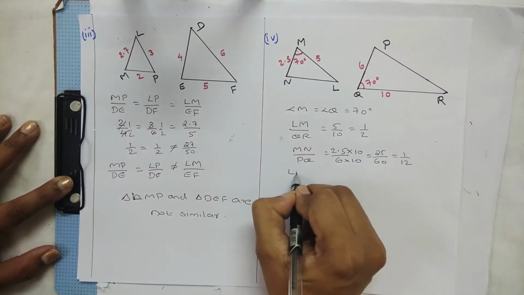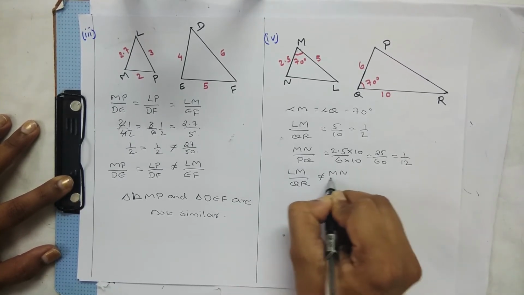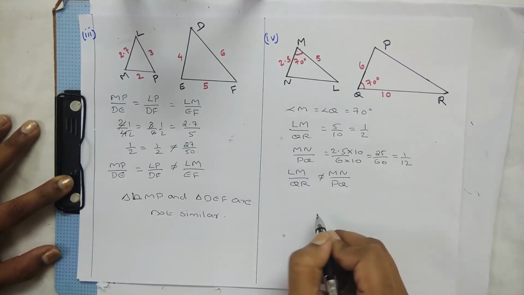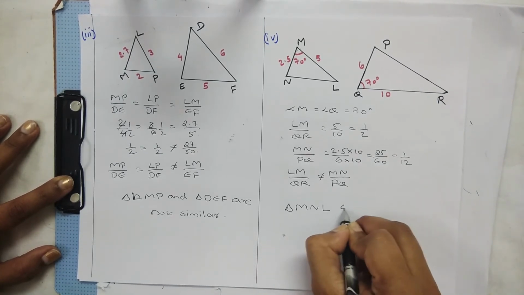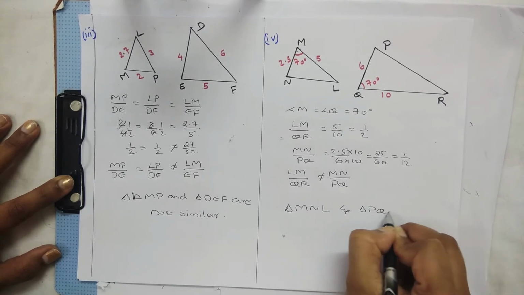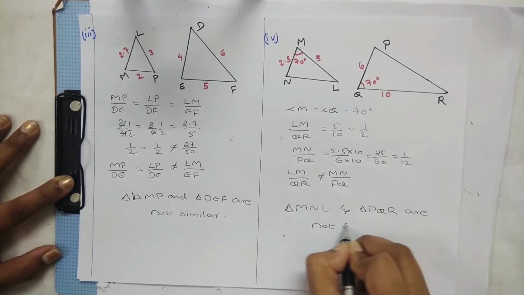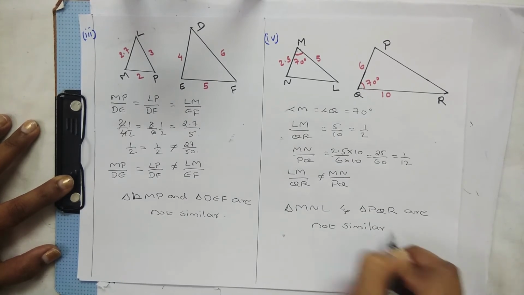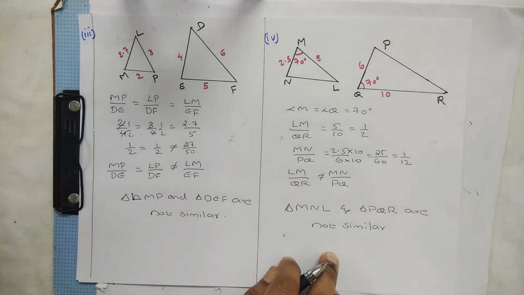That means LM divided by QR is not equal to MN divided by PQ. That means triangle MNL and triangle PQR are not similar. By which criteria? SAS criterion, right? The next one,